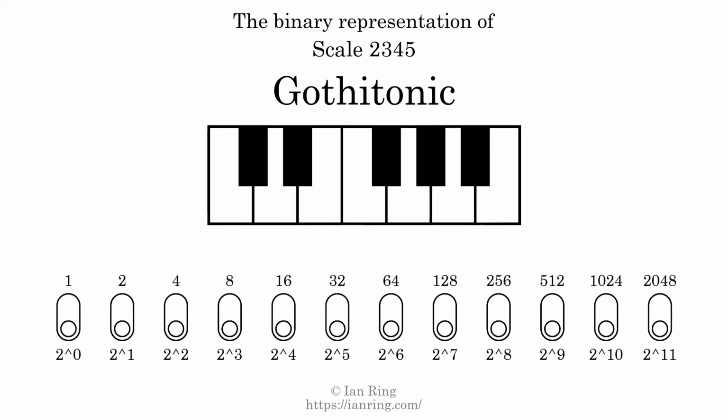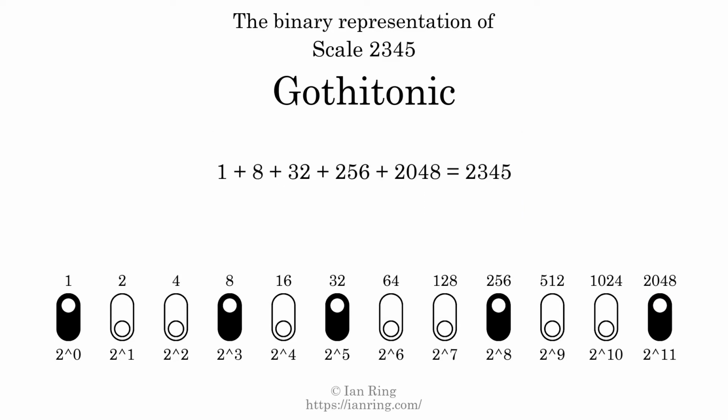The binary representation of this scale is determined by mapping tones of the scale to binary digits. Each binary digit represents a power of 2. To get the scale number, we add the powers of 2 together. The powers of 2 that are present in the scale, all added together, equals 2345. That is why the scale number, in decimal, is